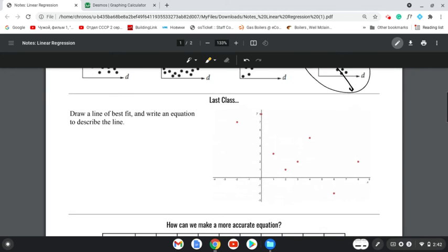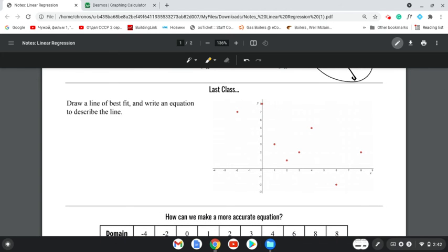So for a quick review from yesterday, what did we learn? How did we learn to find the line of best fit? Well, we'll look at our scatter plot as question number 2 asks us to do. Draw the line of best fit, and then write the equation of the line of best fit. Our equation always has to be